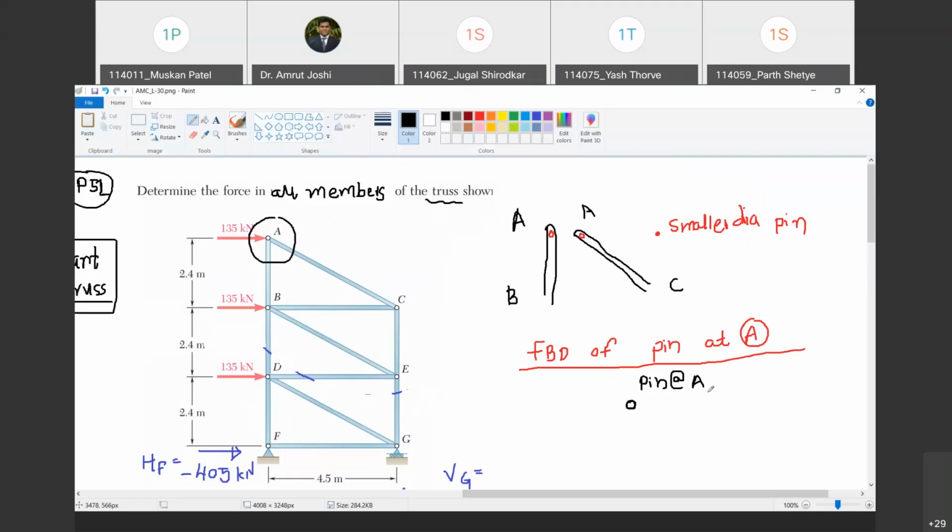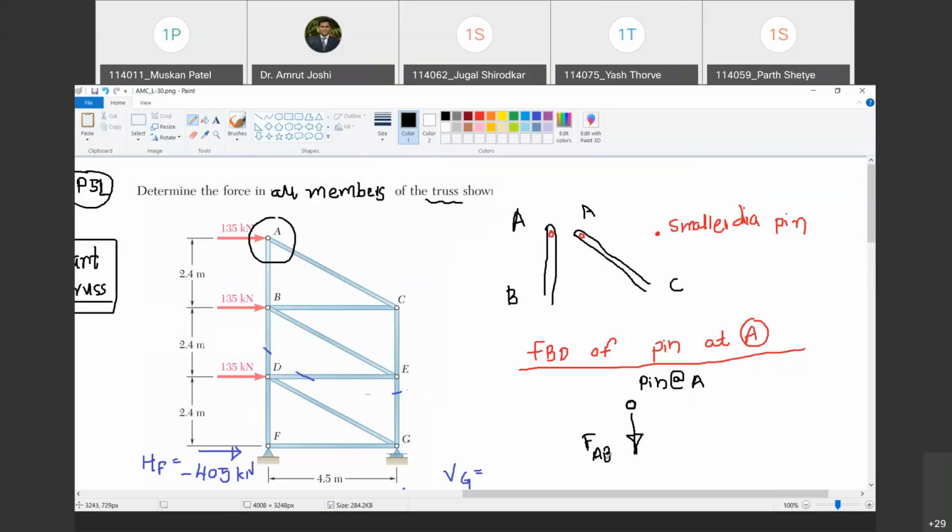Yes. So similarly, if member AB is having tension, it must be pulling the pin at joint A. Do you agree with me? Yes, sir. Pulling का मतलब क्या है? You have to show an arrow going away from the pin. And we know that member AB only carries force along its length, so this pulling is going to be along AB. Do you agree with me? Yes, sir. So I'm going to call this F AB.